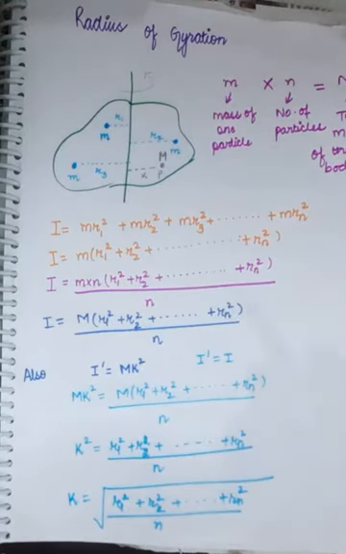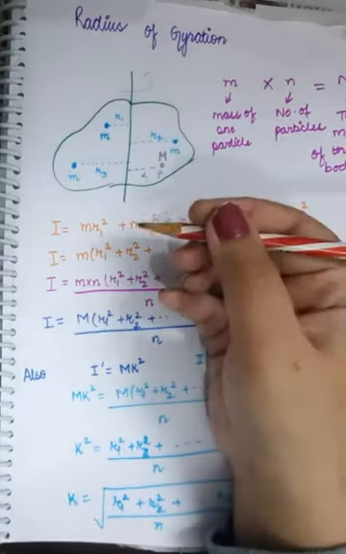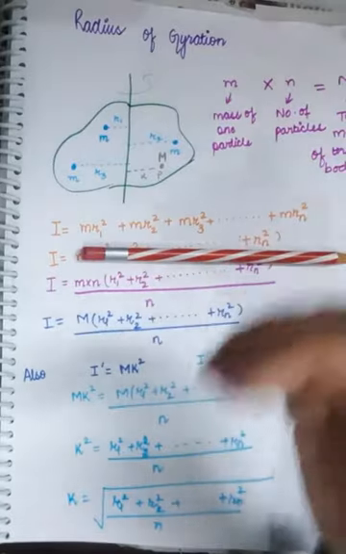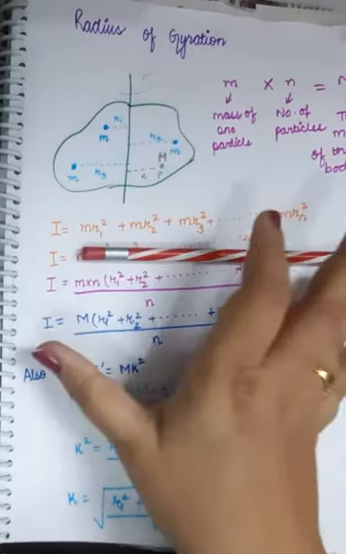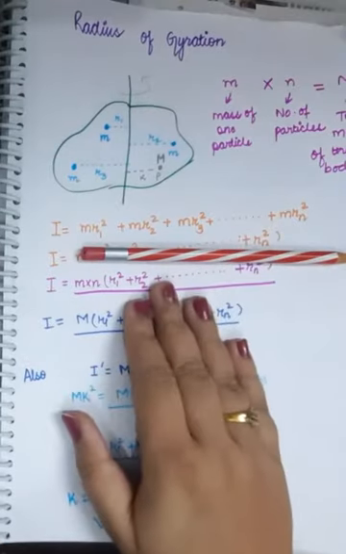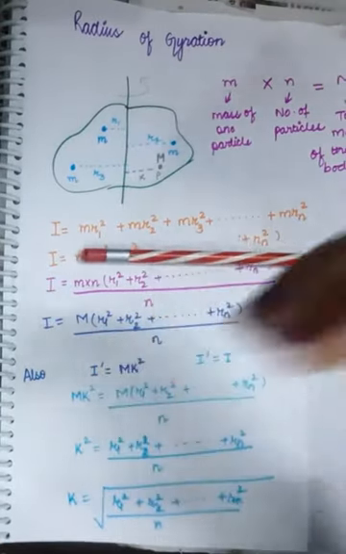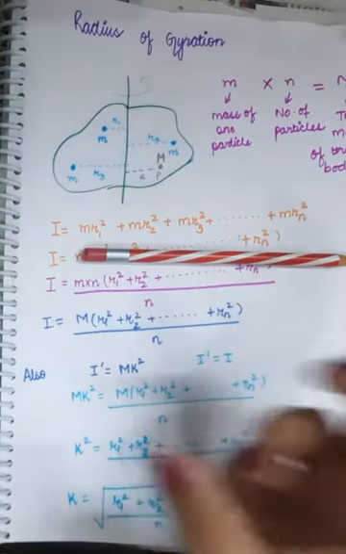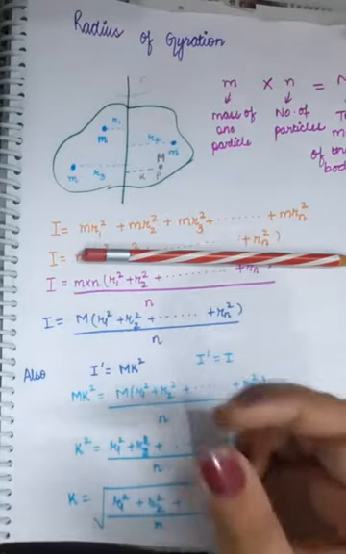Moment of inertia is a quantity which plays the same role in rotational motion as the mass plays in linear motion. I already told you that mass plays a very major role in linear motion because it's the mass only which decides how much force you would need to apply to make the object move. If this object is more massive, I would have to apply more force to it so that it can move. If this object is less massive, then I would have to apply lesser force to make it move.